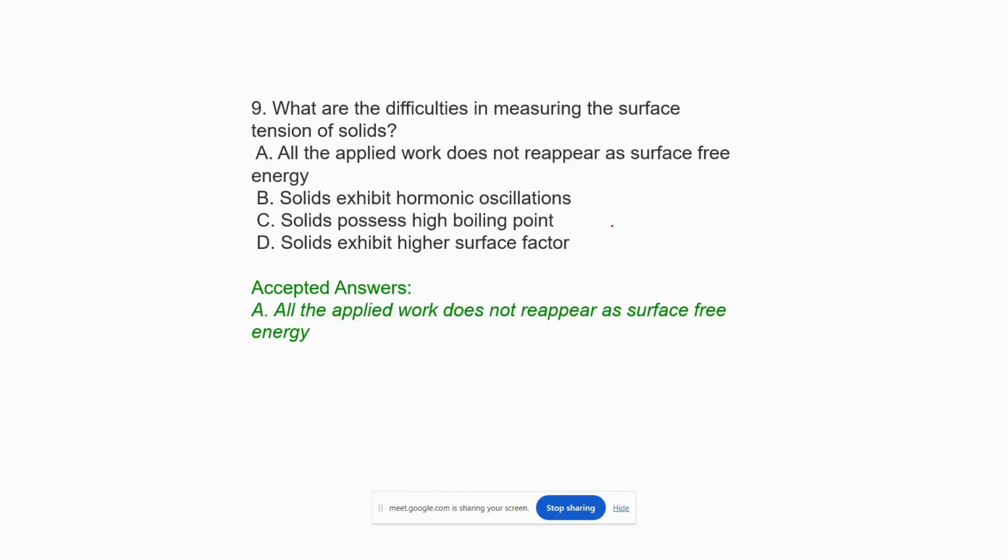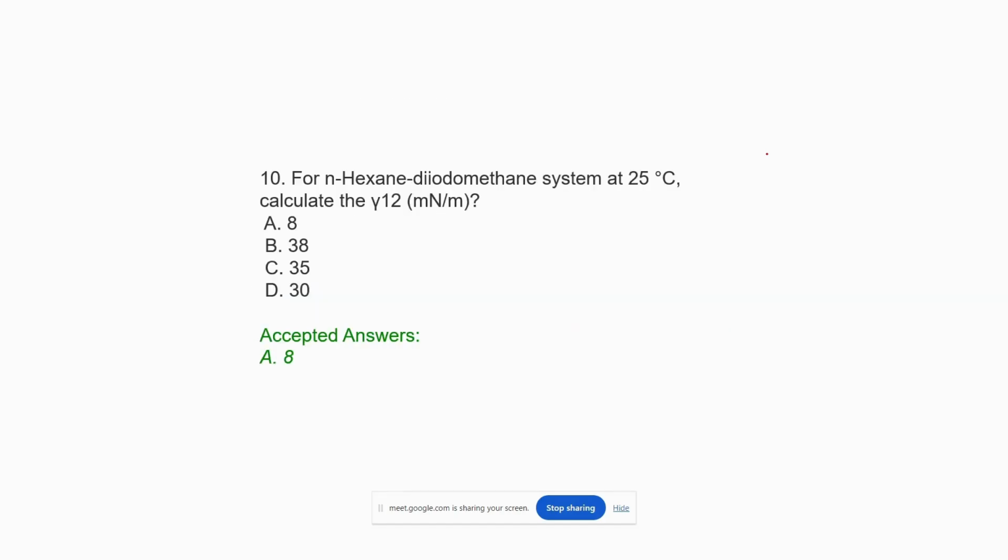So as the next question, wettability of surface with physical heterogeneity is explained by Wenzel equation. What are the difficulties in measuring the surface tension of solids? Here the answer would be A. All the applied work does not reappear as surface free energy. And this is the last question. For N-hexane diiodomethane system at 25 degrees Celsius, calculate the surface tension 1, 2 in this form. So here surface tension 1, 2 would be